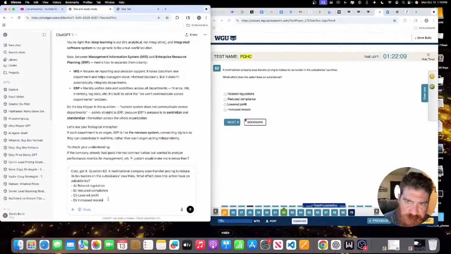Uses transfer pricing to reduce its tax burden in the subsidiaries' countries. Okay, so this company is focusing on itself. Which effect does this action have on subsidiaries? Well, if it's trying to lower its tax burden, the subsidiary companies are going to collect less in tax revenue. Okay, so increased morale, probably not. I don't think morale is affected by this transfer pricing thing that's happening. Relaxed regulations, I don't think it's affected either. Reduced compliance, maybe speculative. I would say the most direct thing to answer would be